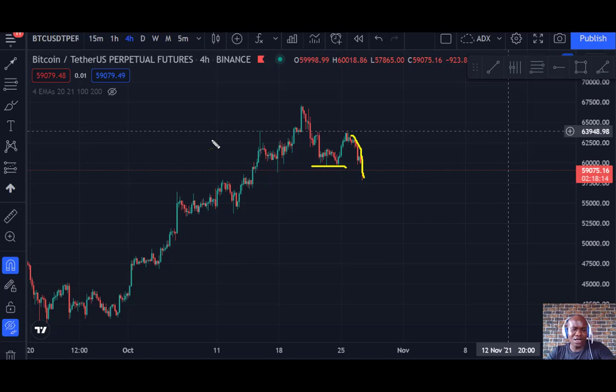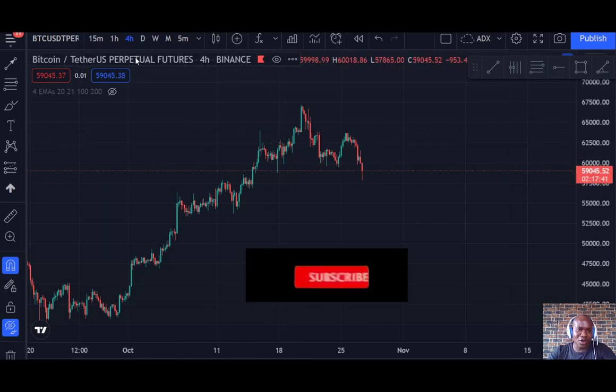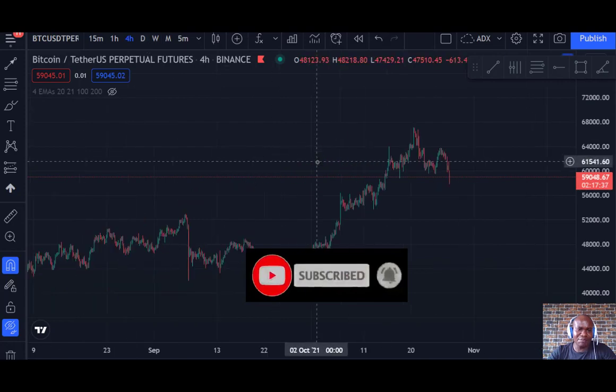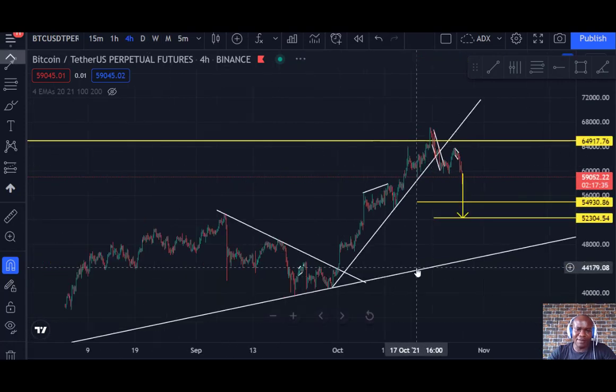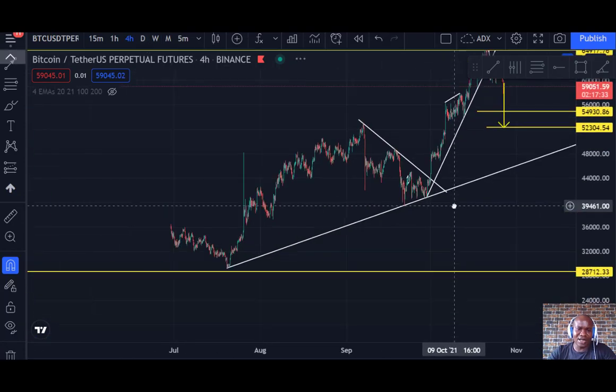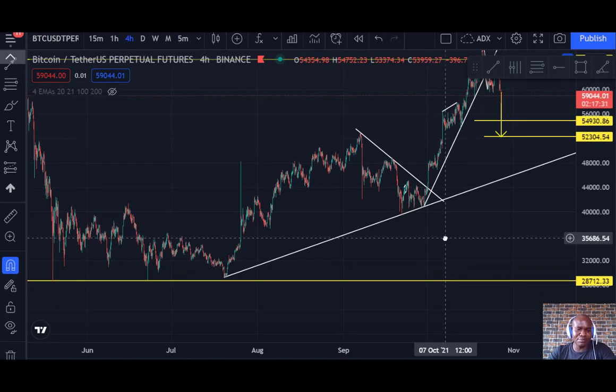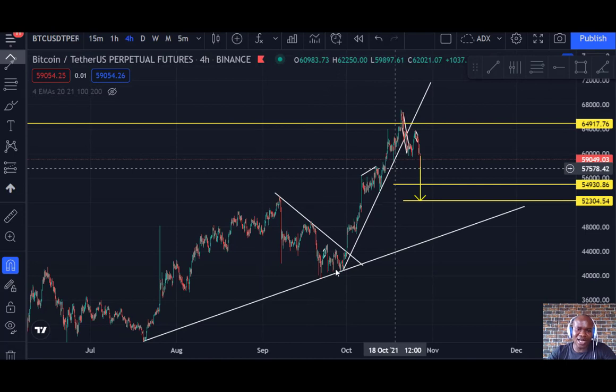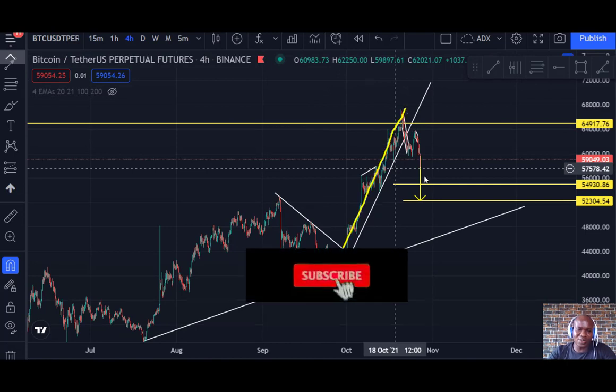Okay, so the first is to understand that we are at the peak of the trend. If I enable this, you can see clearly that since we've started this bounce here, the market has been going up. This is an impulse, this is a correction, this is an impulse, guys. So at the peak of the second impulse, that's where we are.